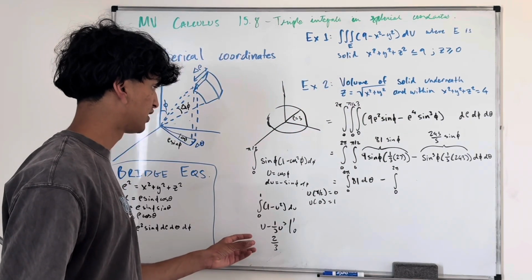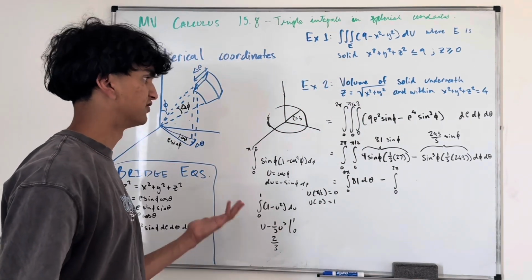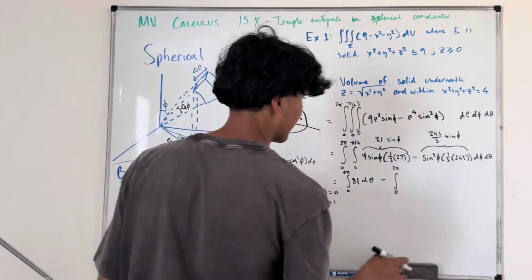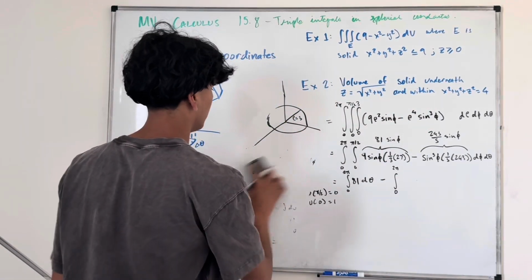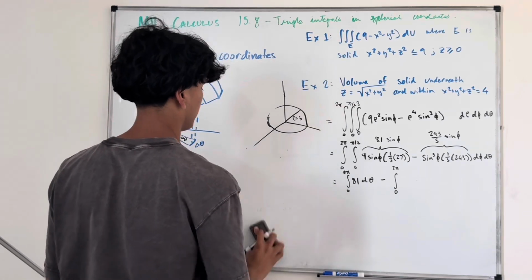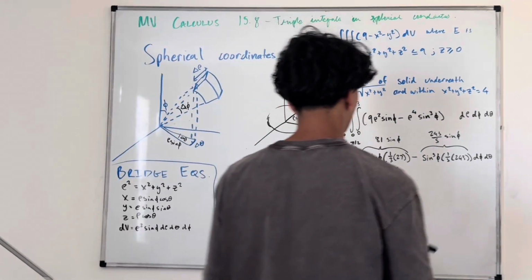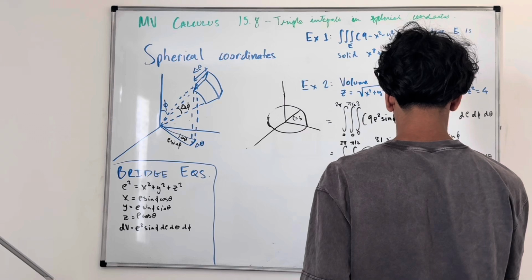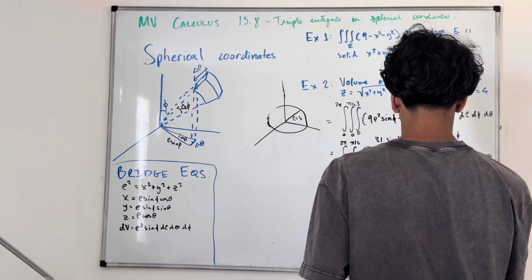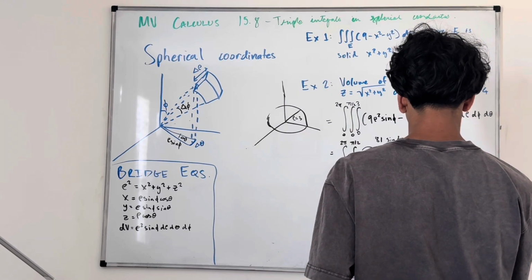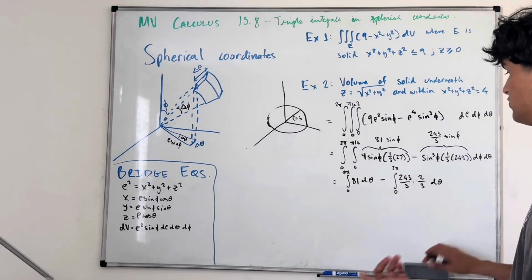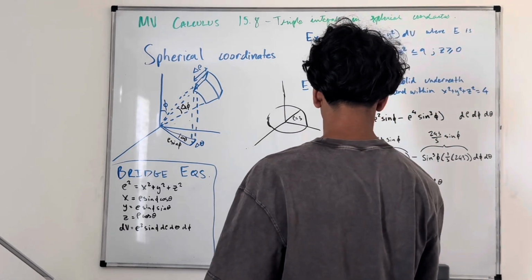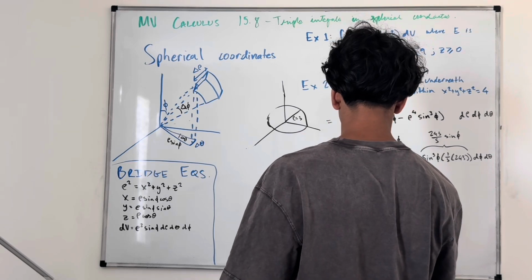I kind of just solved it here, I guess. So I essentially get 2/3. So I get 243 over 5 times 2/3 d theta. There's no theta in either of these, so this is just the same as multiplying by 2 pi. So I get 162 pi minus